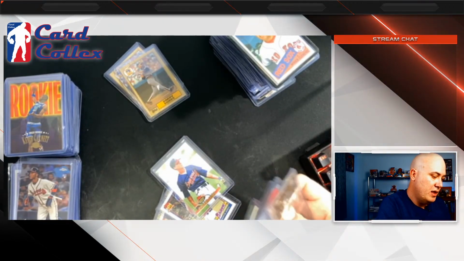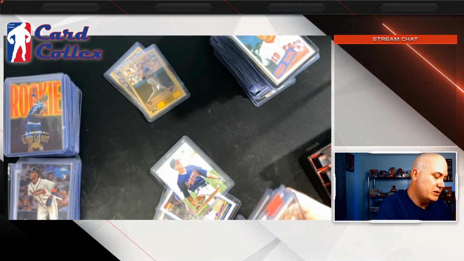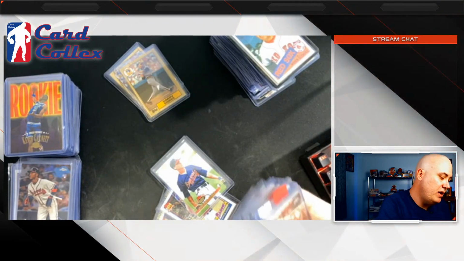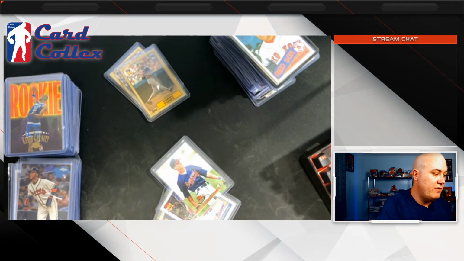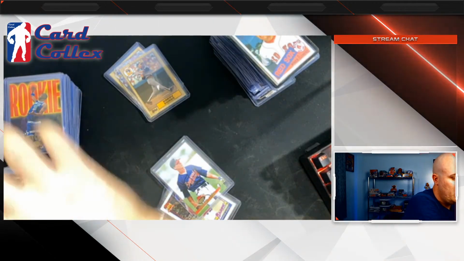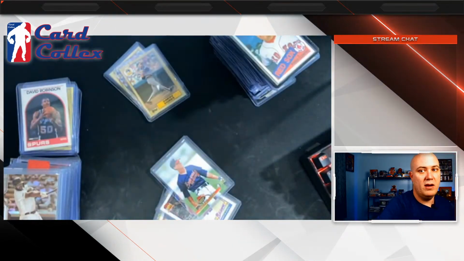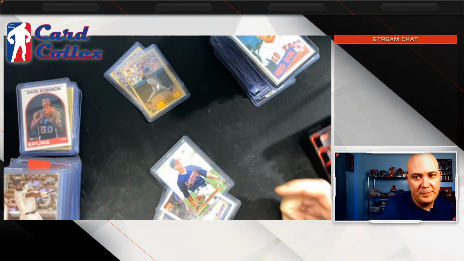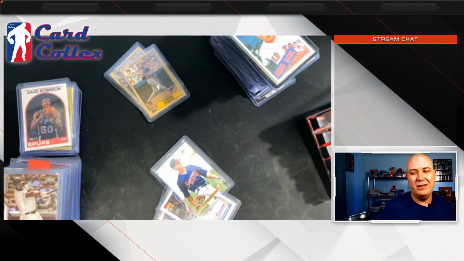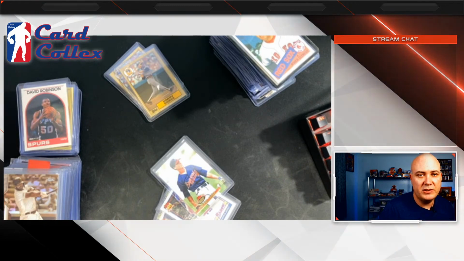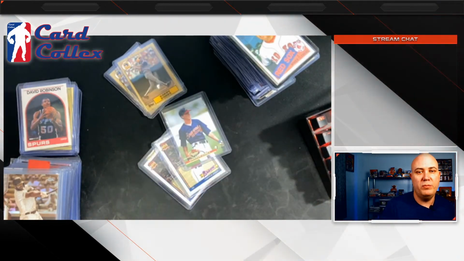But also, providing good photos is essential. I don't even look at people's listings that don't have good photos. I don't care how cheap it is, because all I'm looking for is standard base cards, but I feel like it's just asking for trouble dealing with people that don't put up good photos. It's not that hard to do.